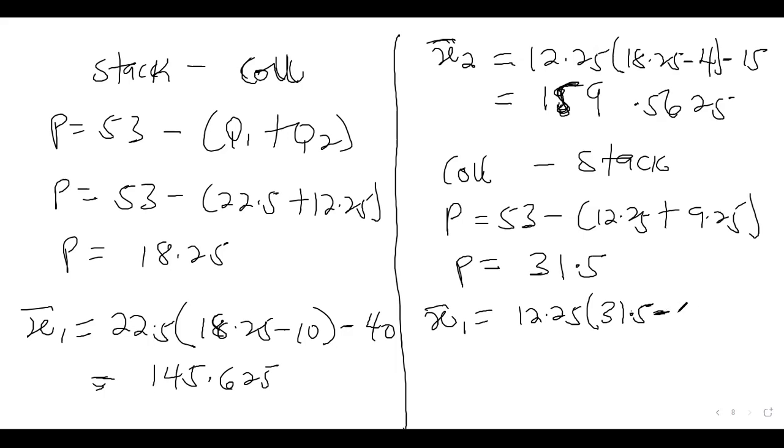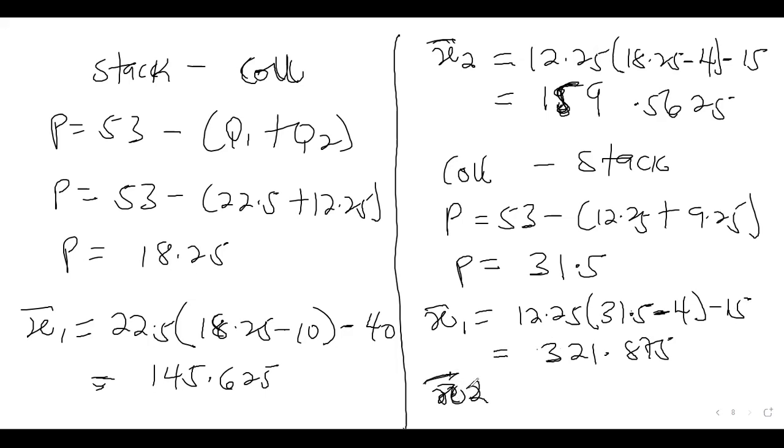the marginal cost of 4, because when he's playing Collusion, his marginal cost will be 4. Okay, minus 15, because when he's playing Collusion, his fixed cost will be 15. So this will give us 321.875. Then firm 2, that is playing